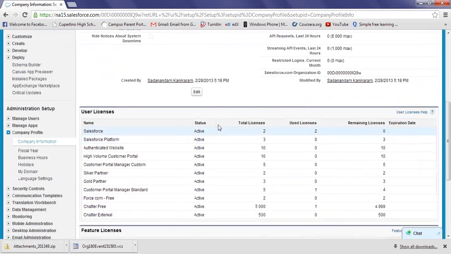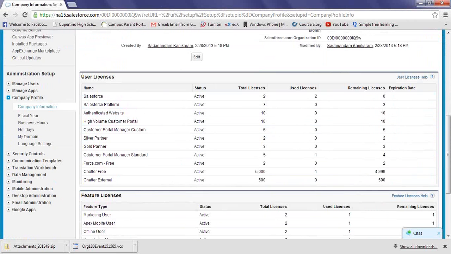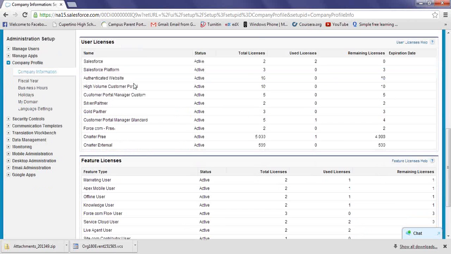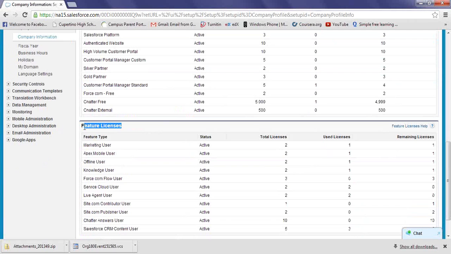No, I'm good. Okay. So the other important thing, as an administrator, you would know, is user licenses. Let's say the company buys 200 licenses, and you see that you have only 0 remaining licenses, for example. As a best practice, you can check whether there are any users who have not used the system for the last 6 months or 3 months, and check whether they really need a license or not. If not, we can deactivate them so that we can reclaim a license from them, and it will be available for new users. And then there is something called feature license.